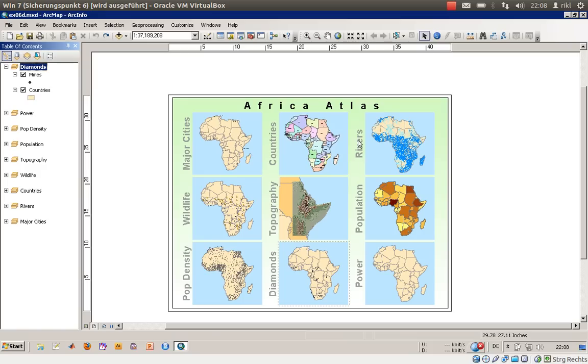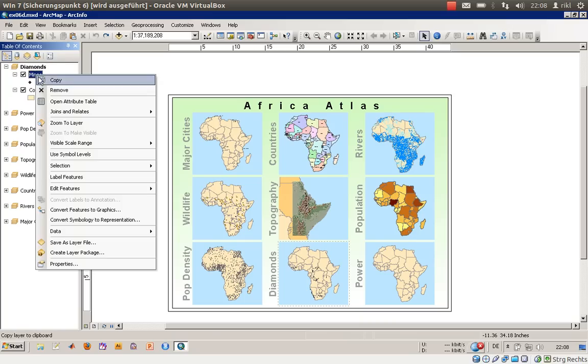So I've opened the project number 60, and as you may now see, we are still on the Africa Atlas, which is now filled with 9 maps, and these 2 maps we would like to have a better representation in the atlas. So we have diamonds and power. We will start now with diamonds, and with diamonds there is a shapefile called mines,